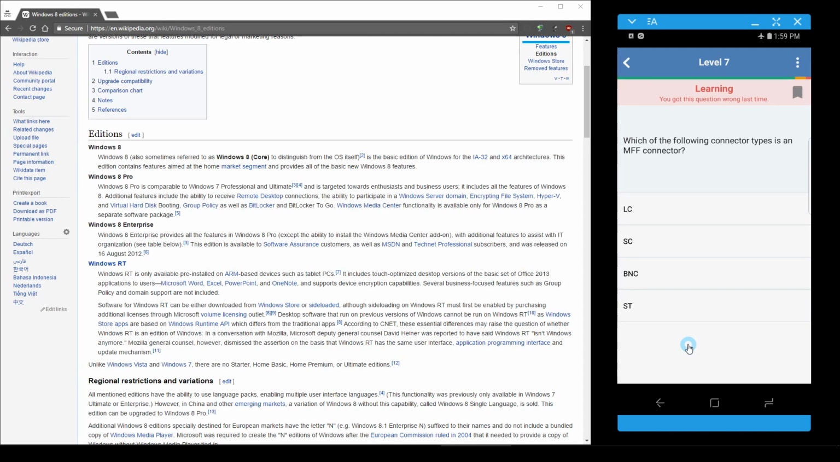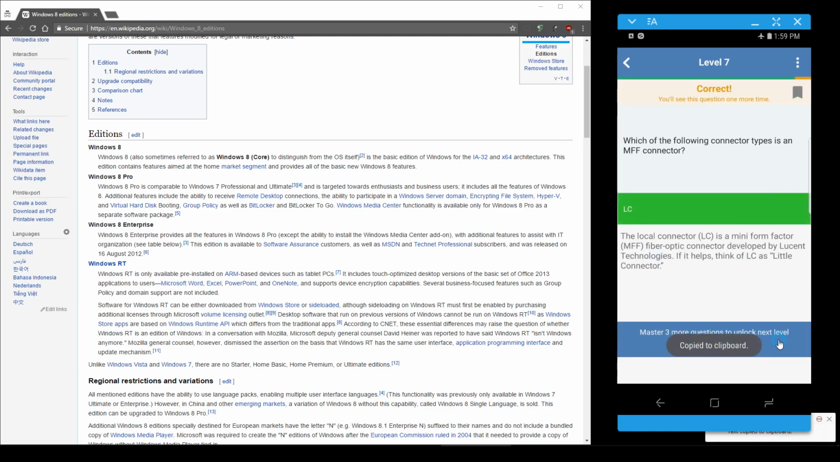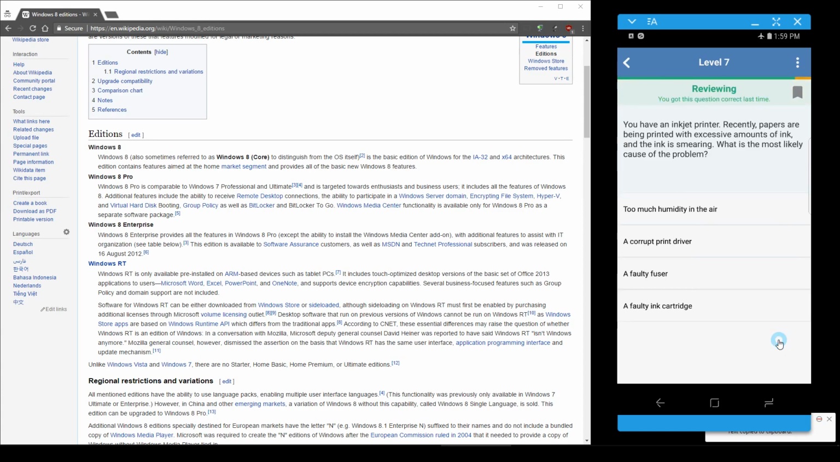Which of the following connector types is a mini form factor connector? It's not small connector, LC, little connector. All right, you have an inkjet printer. Recently, papers are being